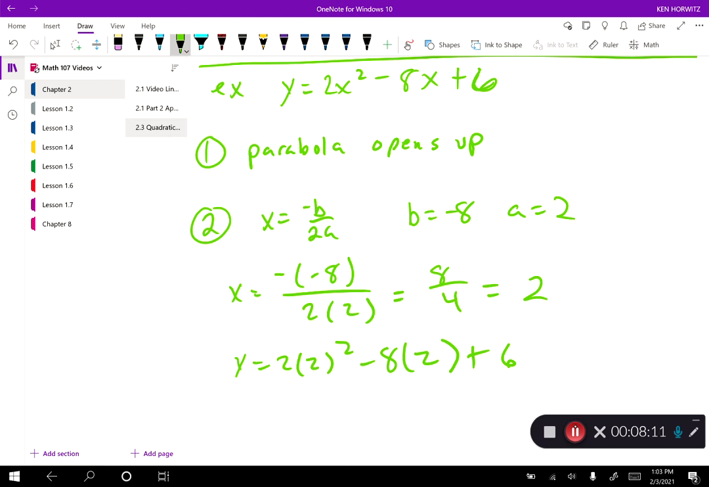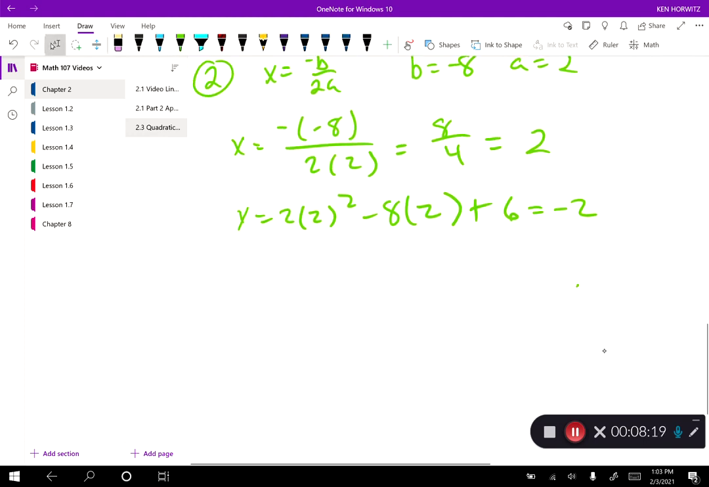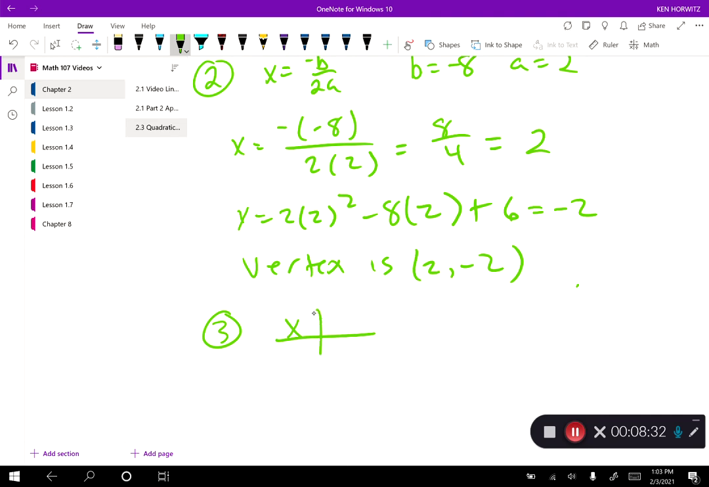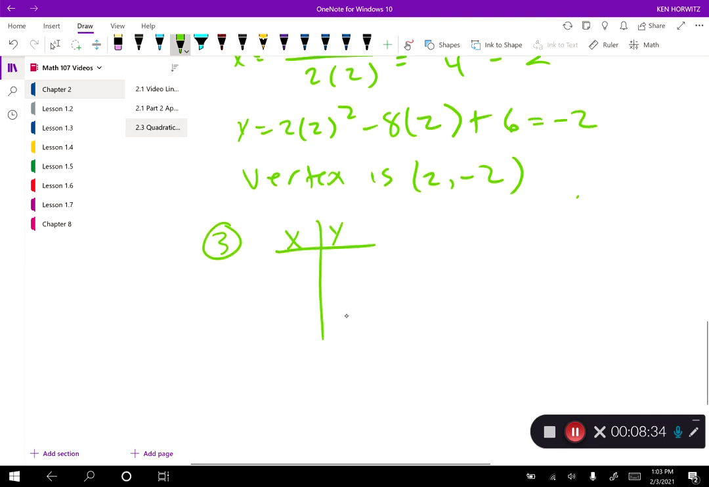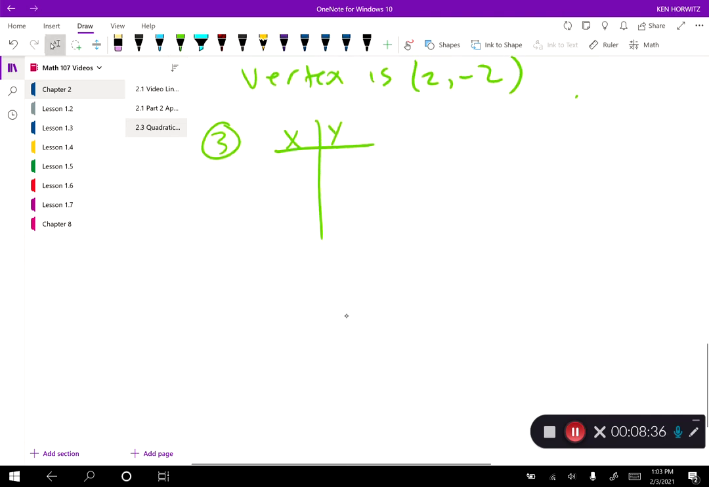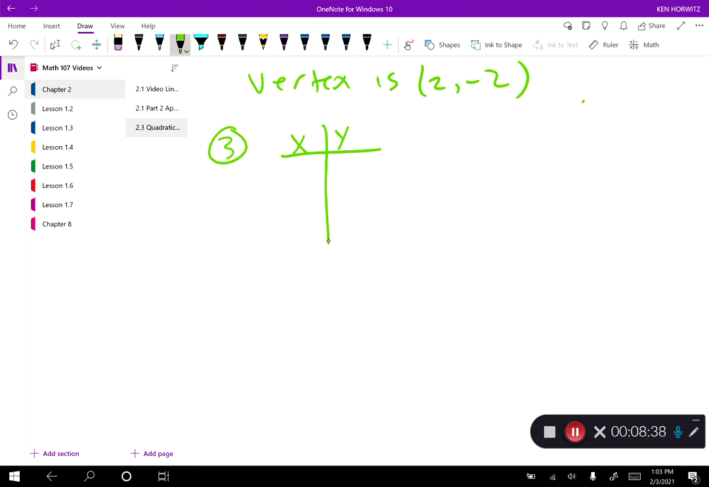All right, so if you did the calculation, I got negative 2. So we could say the vertex is 2 comma negative 2. All right. Now our third step is to get our table of values. And if we're going to get our table of values,